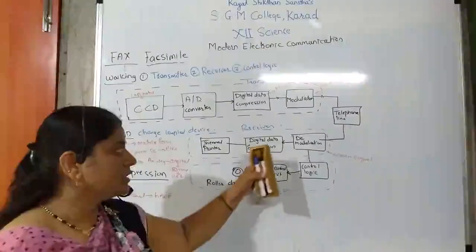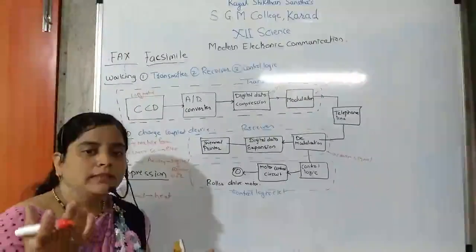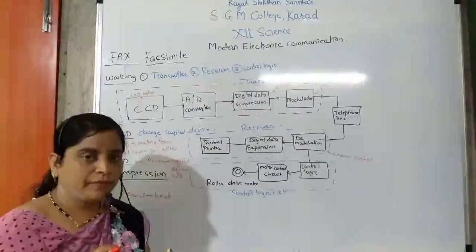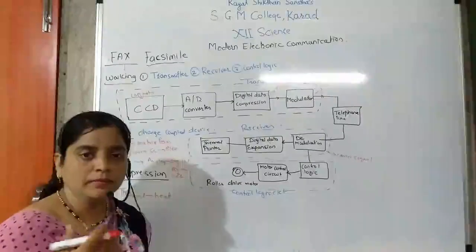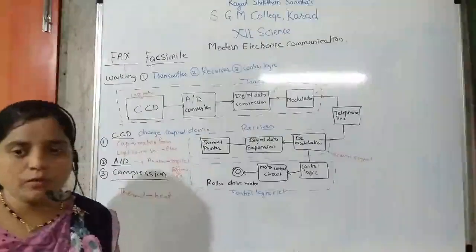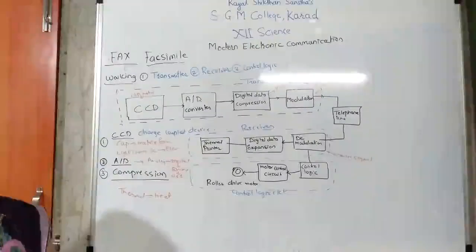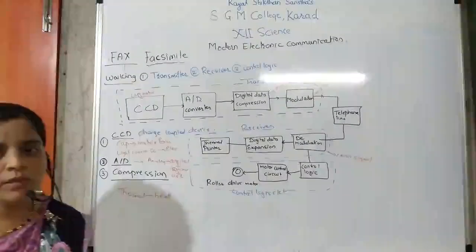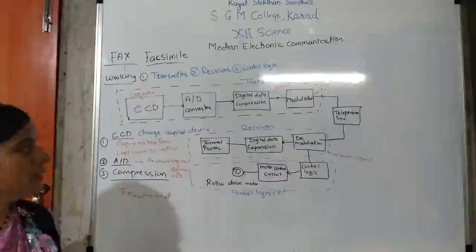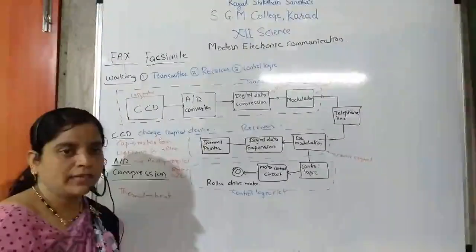What happens if digital data is given to the thermal printer? If the thermal printer receives the document, it starts, and due to the heating element, the paper becomes black to recreate the image and it prints it out. Instead of a thermal printer, you can use a laser printer also. But in the circuit diagram, a thermal printer is given. So the thermal printer works on heat, so the heating element is there.